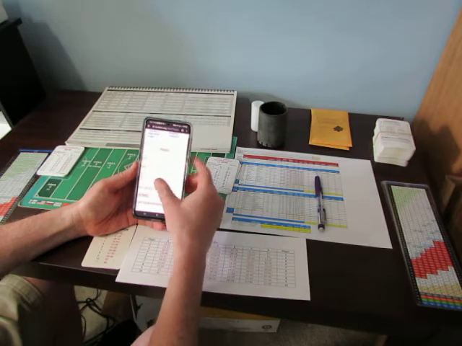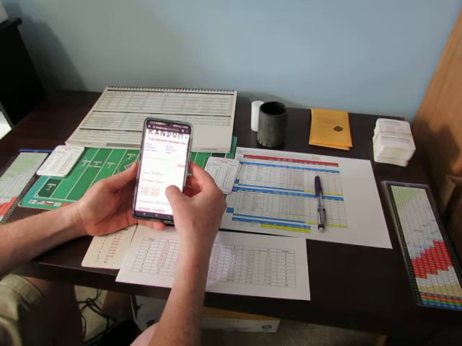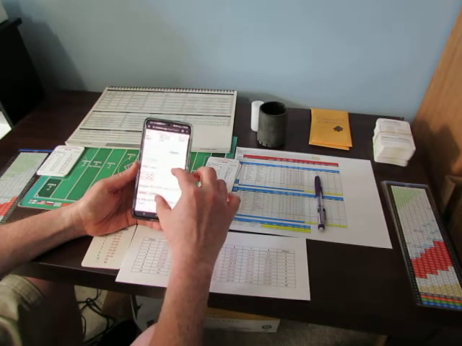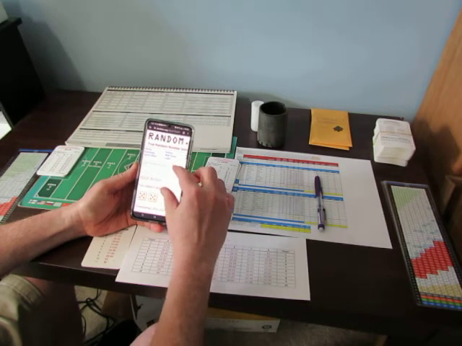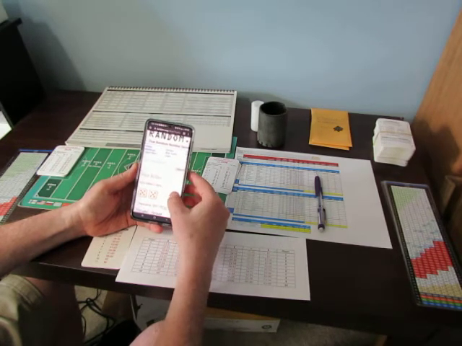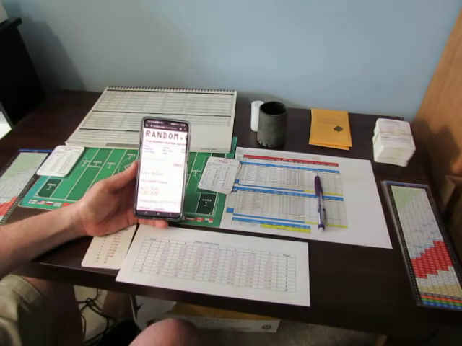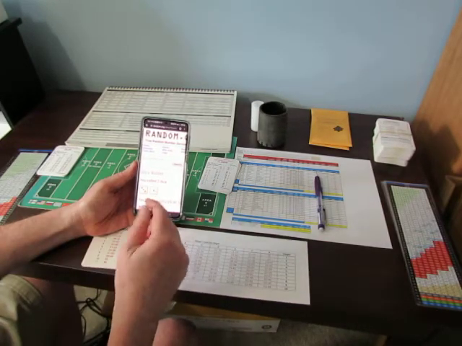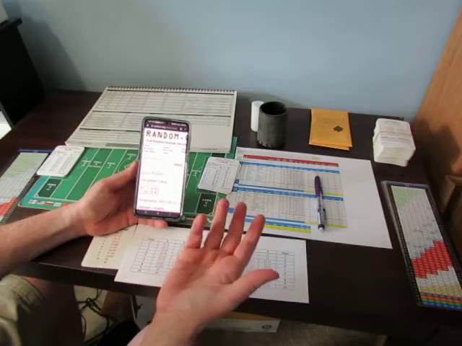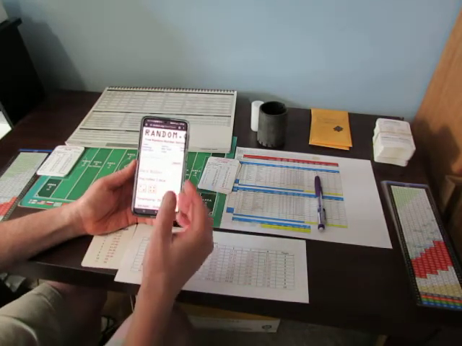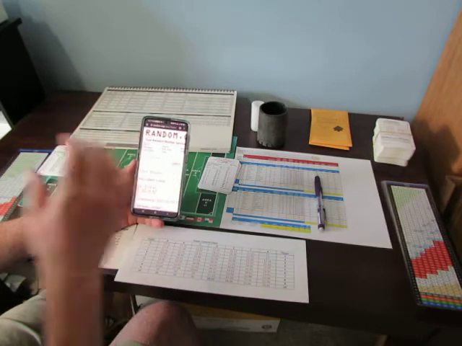I like to zoom in on that, and probably not that far. Yeah, there we go. So what I do is I just hit the roll again, and just keep hitting that. The first die is, of course, the red die, and the second die is the white. But random.org,